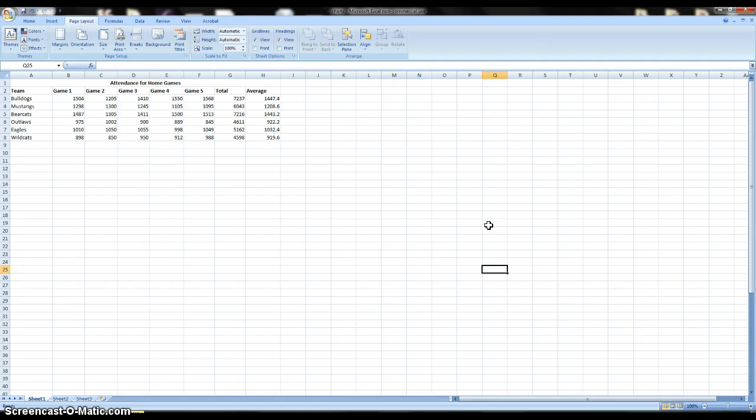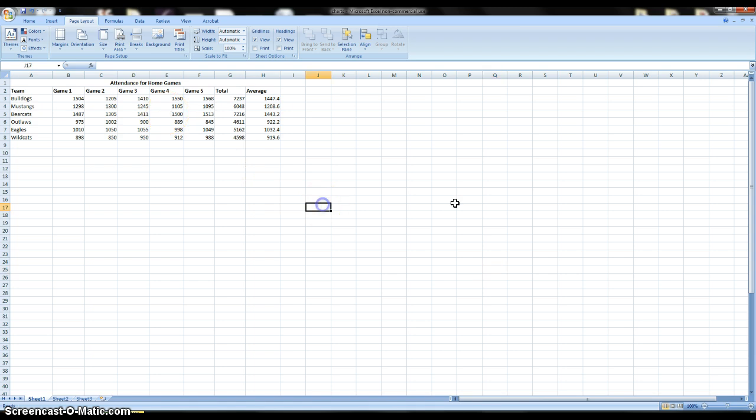Today we're going to have just a quick introduction to charts. When we're making charts with Microsoft Excel, charts are basically what most people call graphs. It's just a visualization of information that you have from a table, which is up here. Microsoft Excel calls graphs charts. So we have up here our first table, which is some made-up teams and some made-up attendance for their home